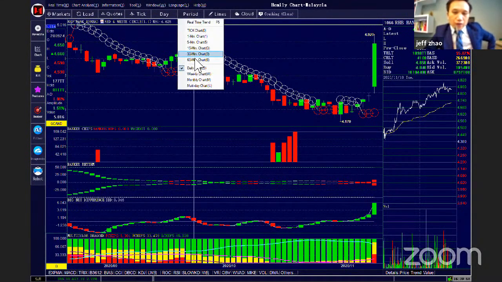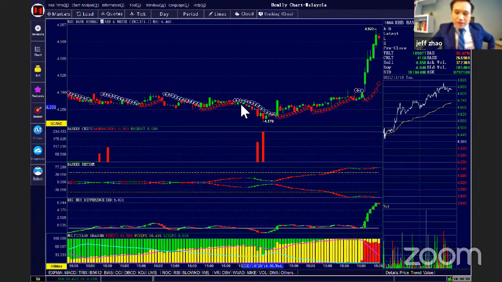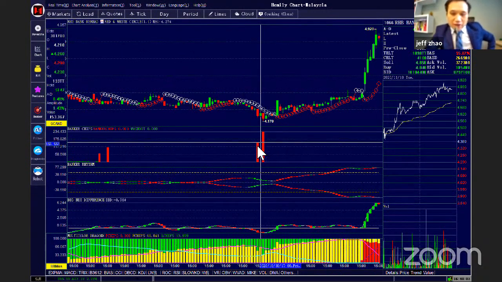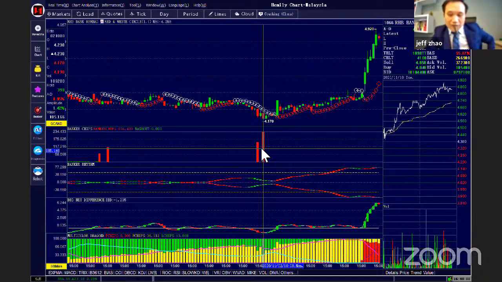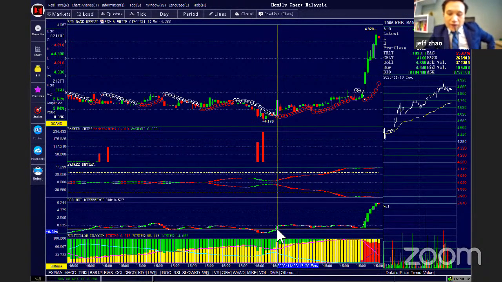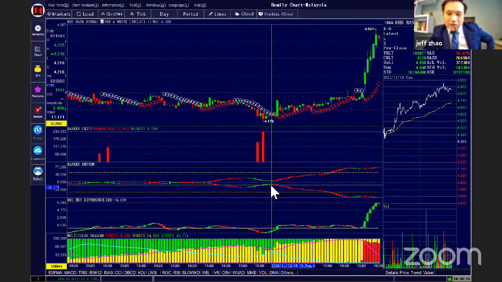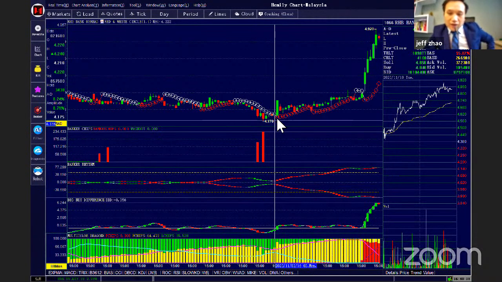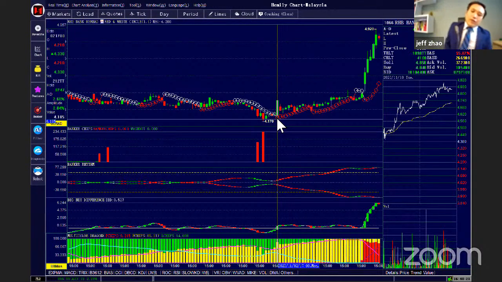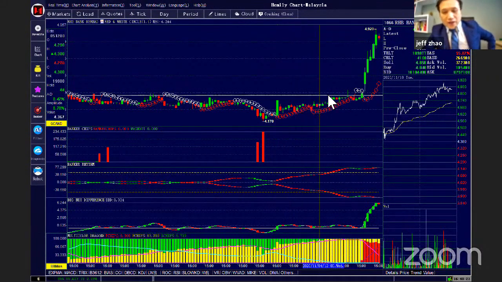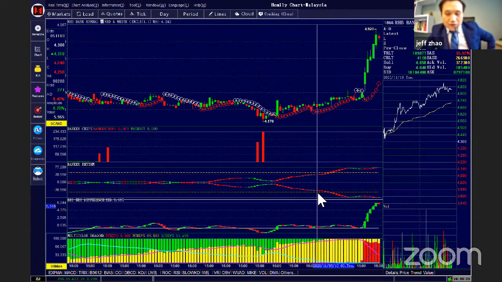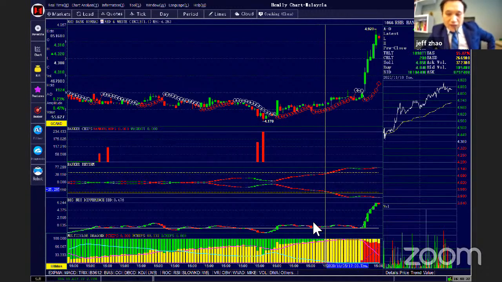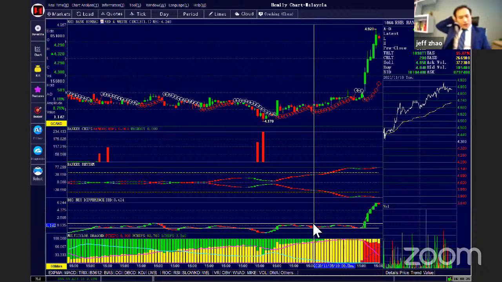Actually, if you want to know in advance, you can also use the 6-minute chart. On the 6-minute chart, here's another chance when you see the bank chips appear up there, conforming with the BBD net difference. From here, the column tends to right, and here is a good buy point. But after you bought it, in this area the price keeps sideways, not going up much. You cannot get the answer from the bank chips and the BBD net difference. You can only find the answer on the MCDX.